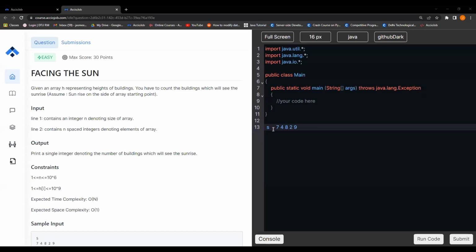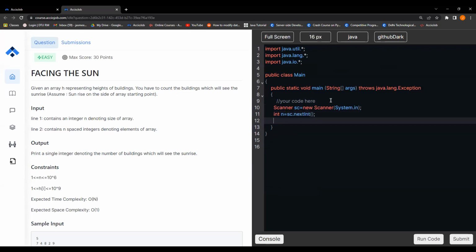So I hope the portal is visible again, right? So let's quickly try and code it out, right? What do we need first is a scanner. Now we need to figure out how many elements or how many buildings we have. So we will be taking int n is equal to sc dot nextInt, right? Again a for loop. Okay, so we need an array also, right? int arr, it's an array of new int size n,